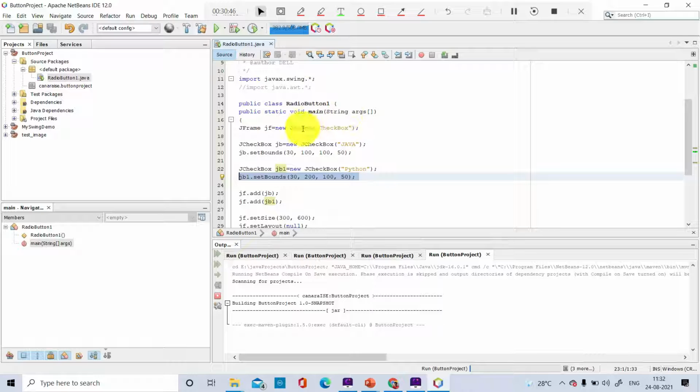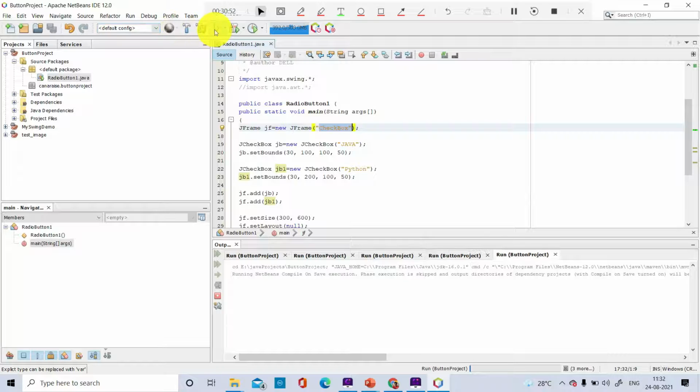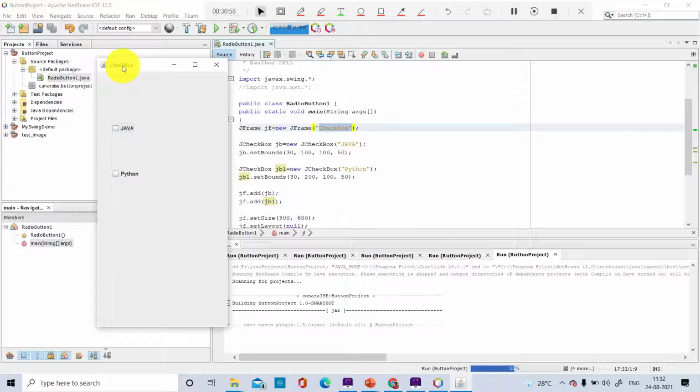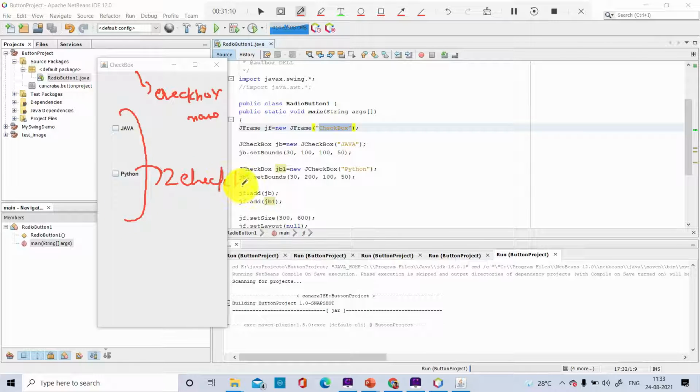So it's the same program, and the name of the frame is checkbox. That is why if you execute you will see the name as checkbox. To wind it up, I'll just change this name to two checkbox in a frame.